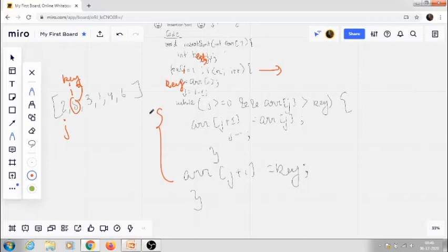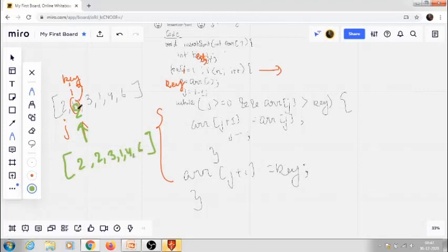So we will go to this part. We will see array[j+1], that is this one. We will update array[j+1] as array[j], that is 2 will be stored here. Our updated value will be 2 2 3 1 4 and 6.